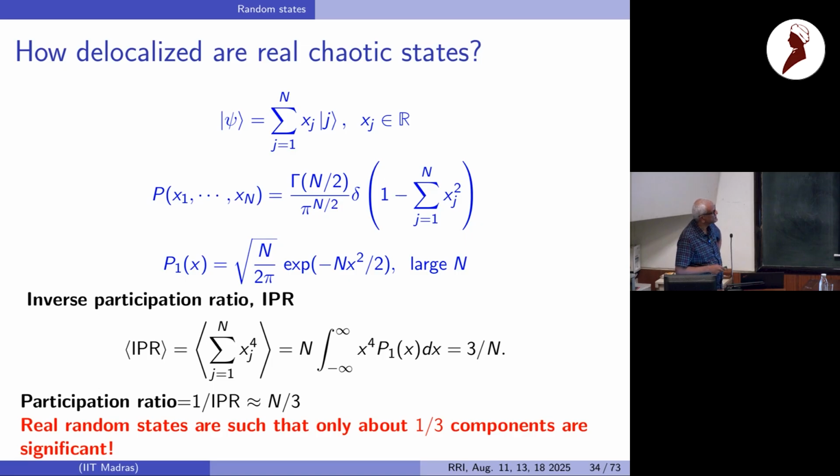So you may think about this as a definition of a random state, that nothing else matters except its normalization. For those of you who have done statistical mechanics recently, this would be like the microcanonical distribution of a free particle or an ideal gas, where xj is replaced by momentum, because the sum of the momentum squared is the energy. So if you just divide by the energy, you'll get this. So this is looking like a microcanonical ensemble. And this is just a normalization constant, so that the integral of this over all these x is 1.